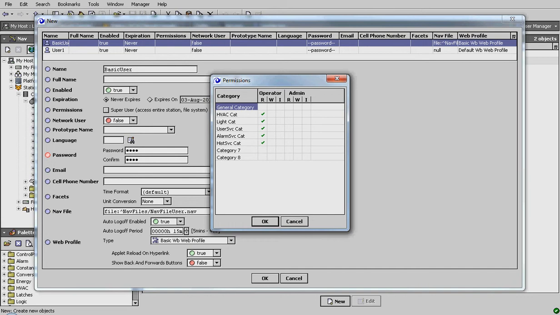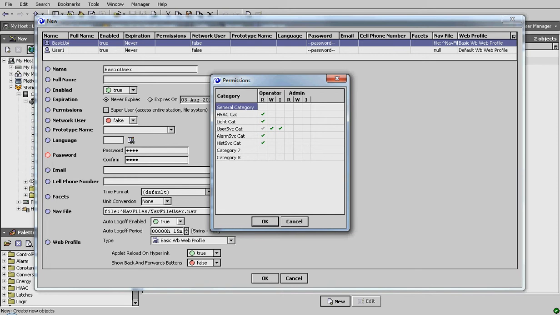What can they write? Well, we said that we don't want them to be able to change set points. Certainly don't want them to be able to do anything with the lighting. They cannot acknowledge alarms or change anything in the history the way it's set up. The one thing they can do though is change their password. So we're going to let them write their password and invoke the save command. Okay. So those are the kinds of things that they can do as an operator, and we'll explain what that